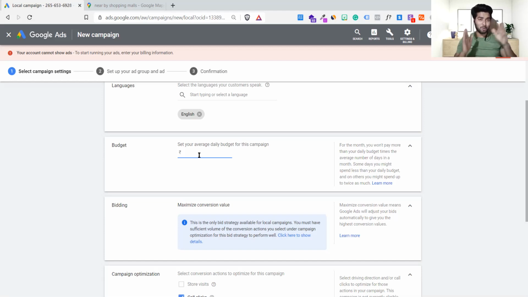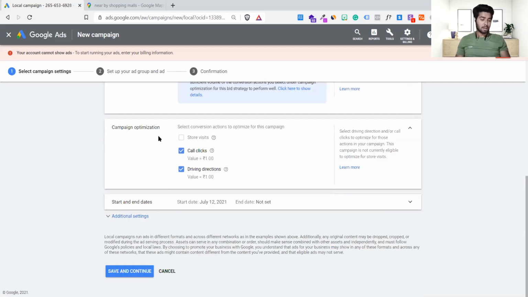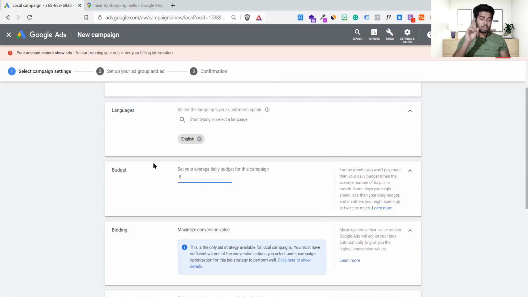I hope you guys are getting clear on why I was not using the top goals earlier and was using all the manual settings. If I had chosen everything from the top, from goals, you would miss a lot of things because this would never come up. That's why I showed you the easiest method first. Now this is the difficult method with the same campaign. I'm showing you the same campaign two times, with the easiest method and the difficult method. The difficult method is more useful than the easiest method and gives total control. Let's go ahead and explore.